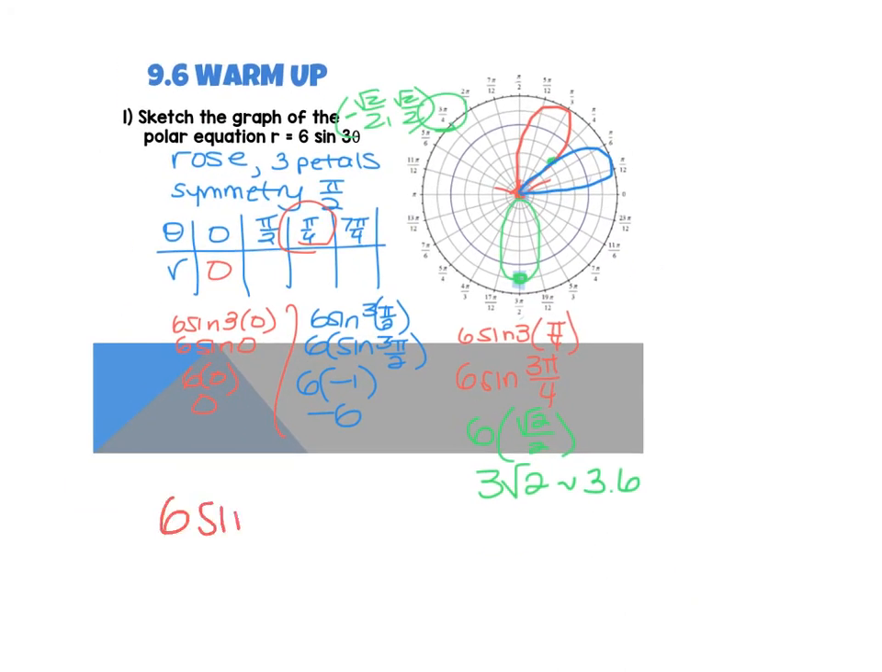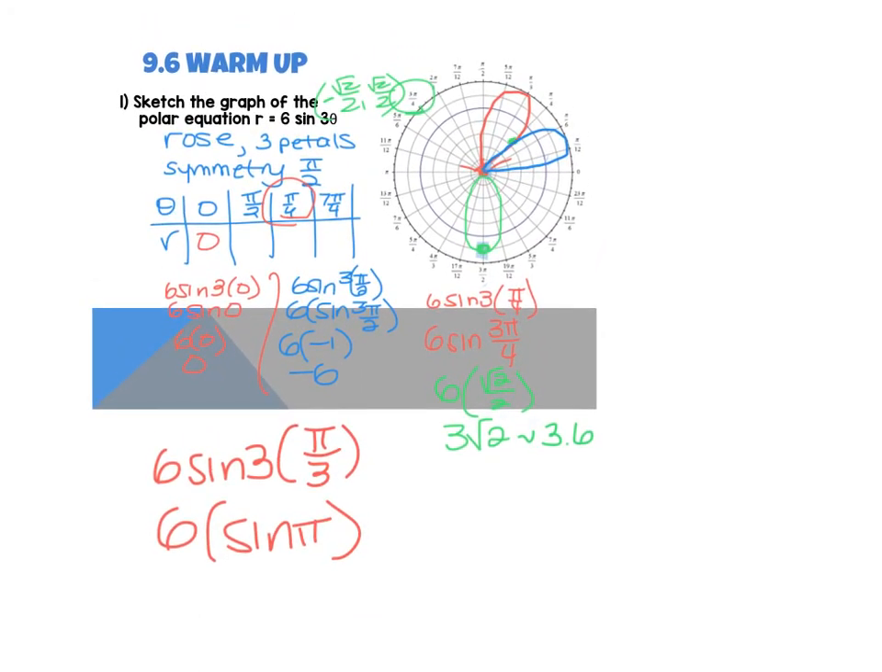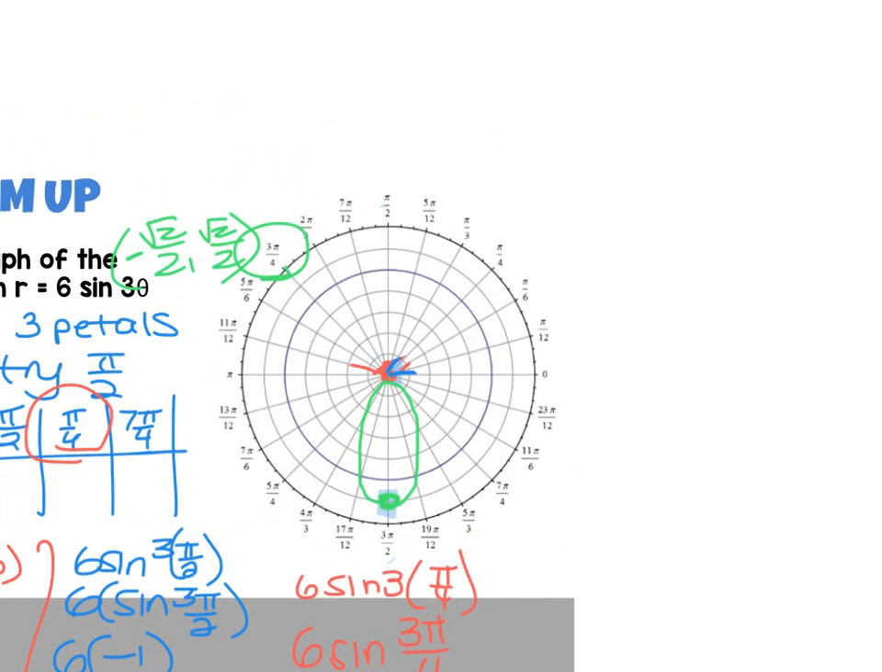So 6 sine 3 pi over 3. I'd get 6 sine of pi. The sine at pi is what? Is 0. So this is back to 0, which tells me that it's got to happen at pi over 3. So at pi over 3, I'm back. I'm sorry, it has to happen at pi over 6. At pi over 3, I'm back to 0. At pi over 4, I was, what, 3.123 here, which means it has to come out to 6